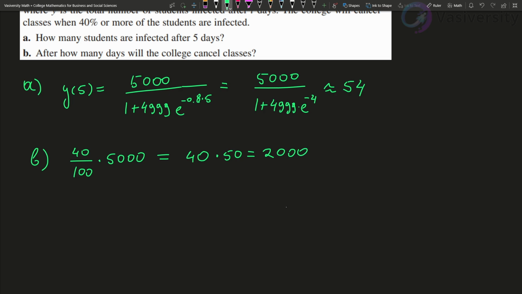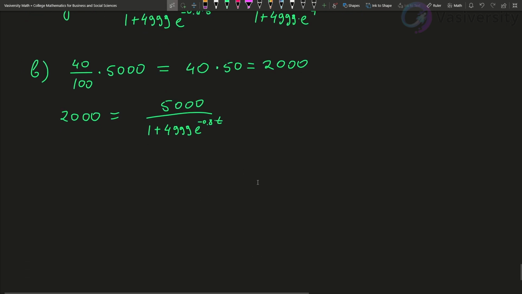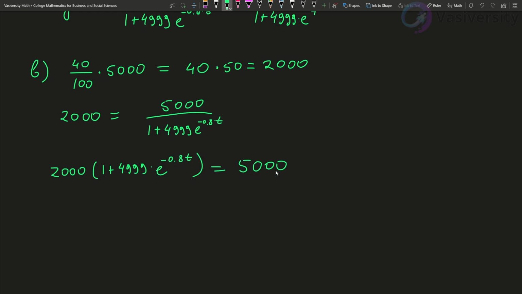So let's find out. We have 2,000 is equal to 5,000 over 1 plus 4,999 times e to the negative 0.8t. Right, so we want to solve for t. Let's multiply both sides by the denominator. So we're going to have 2,000 times 1 plus 4,999 times e to the negative 0.8t equal to 5,000. If we divide both sides by 2,000,